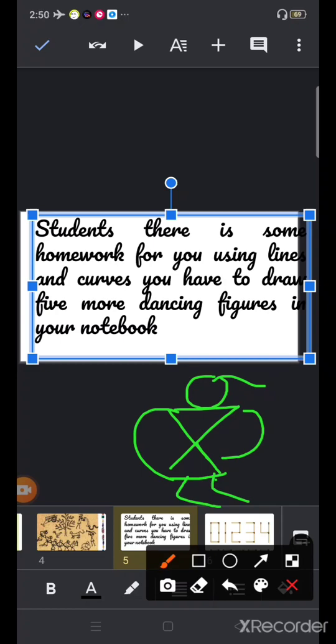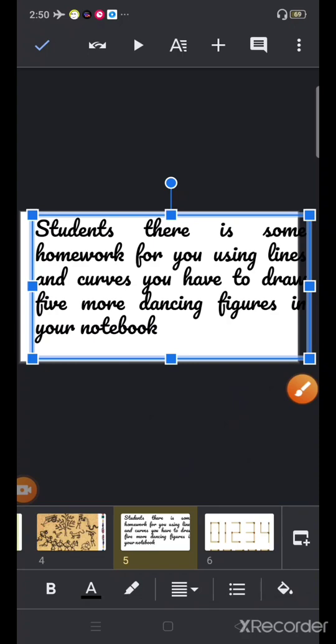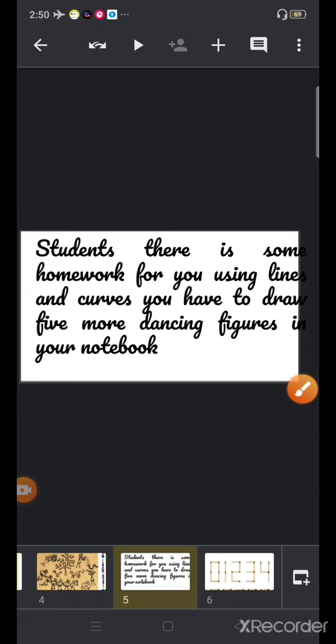Okay, now I hope you have understood how you will make these figures, how you will do your work in your notebook and in your book. Okay, so